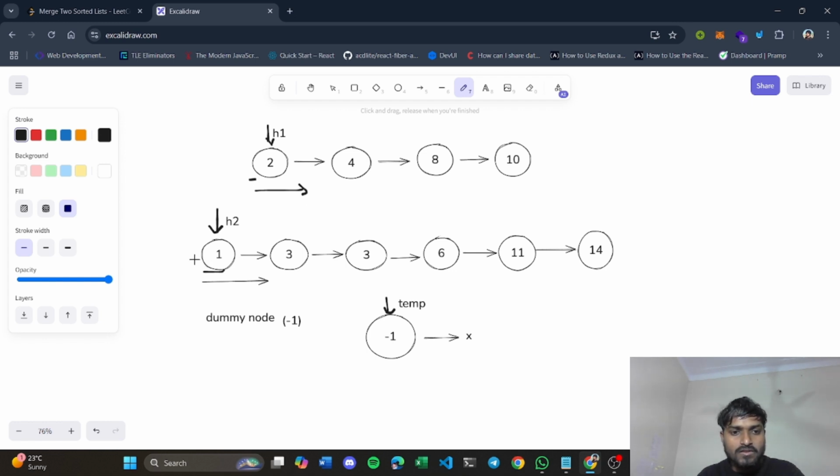So you will first compare these two elements, and after comparison you find that one is the smaller one. You will not create a new node for each element. What is this? This is basically temp next, right?